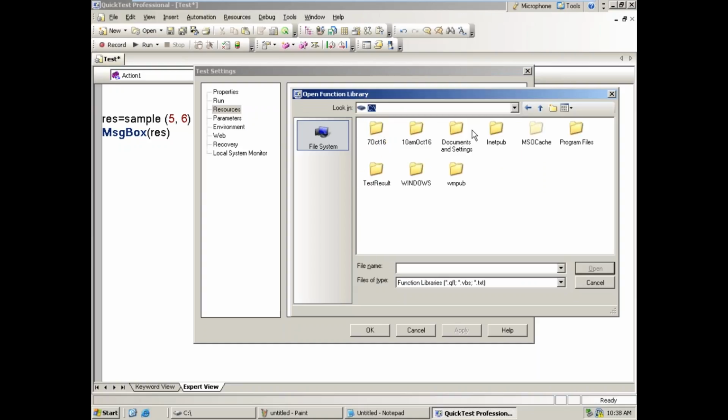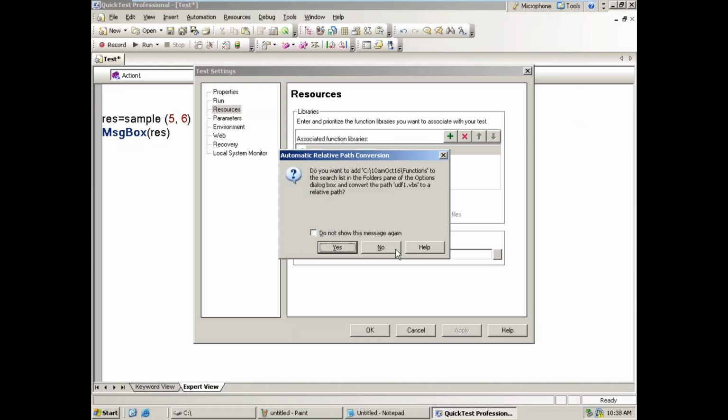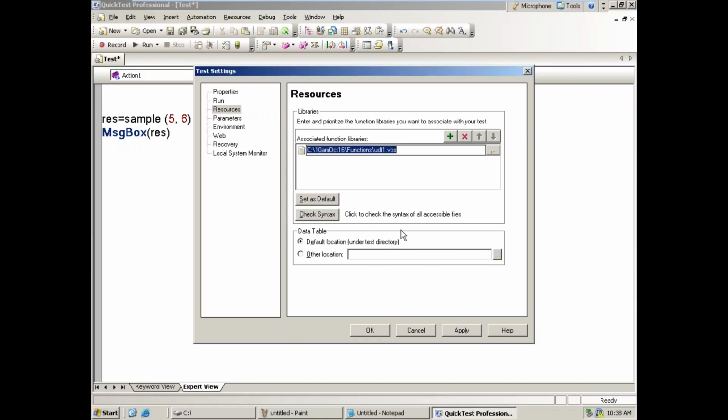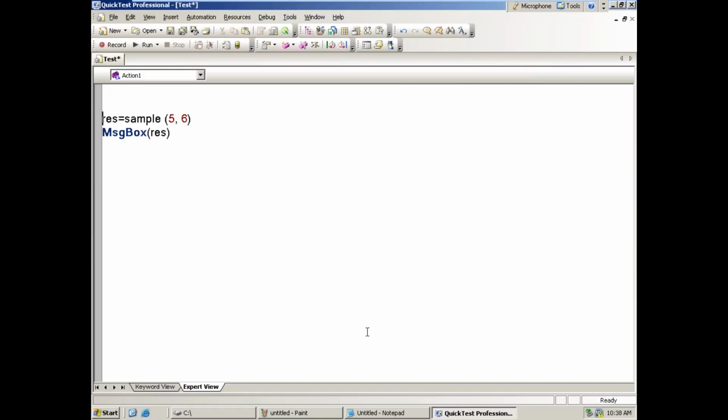C drive, 10 AM October, functions, user defined function 1. This one, click on OK.